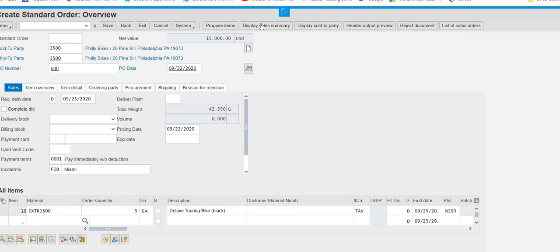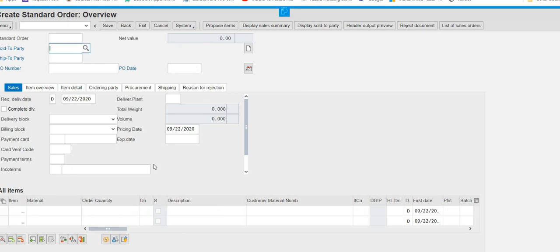So now I'm going to save it. For save, we have a button over here, save, or if you press enter, it will also work. So guys, you cannot see because it is out of the focus. So I received this, that is 635. My standard order number is 635. So that is the first step that is done.